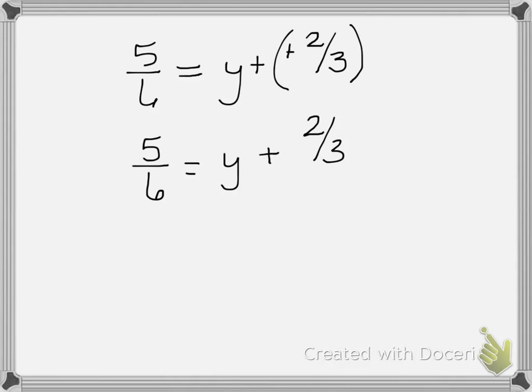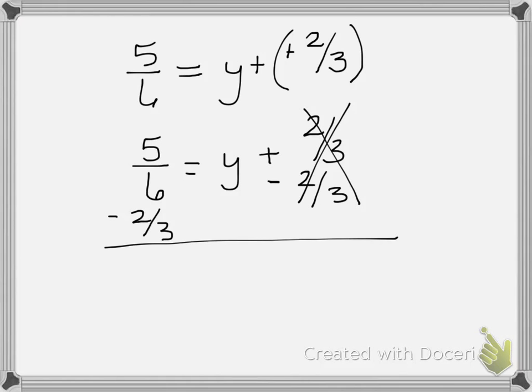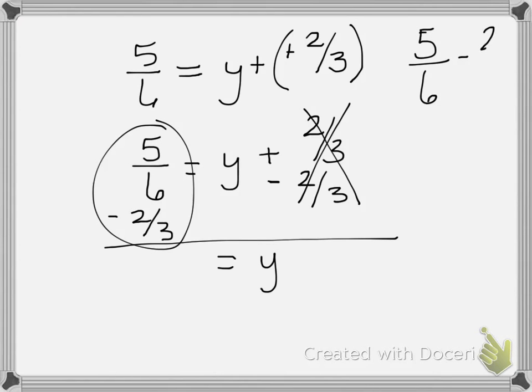Okay? In order to get y by itself, I've got to subtract 2/3 from both sides of my equation. 5/6 minus 2/3. This poses a problem. Over here I'm good. They have the same denominator. I can get rid of them. 2/3 take away 2/3 is 0. So I have y over here. But now on this side of the equation, this isn't a very nice fraction. Now if you have a calculator, this would be easy to do. But we're smart enough that we don't need calculators. So we're going to do this